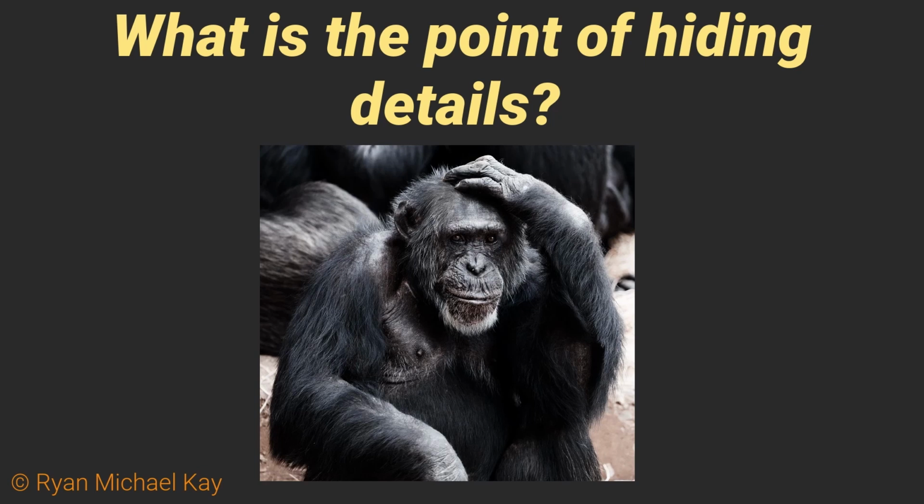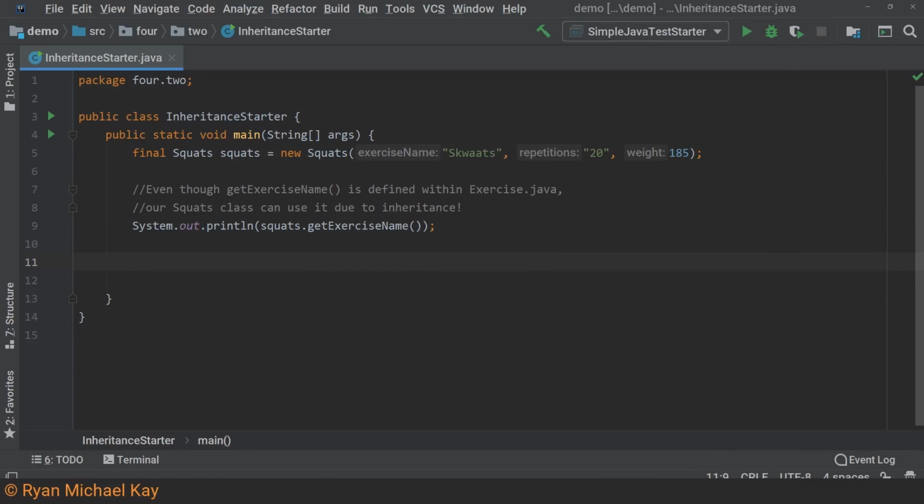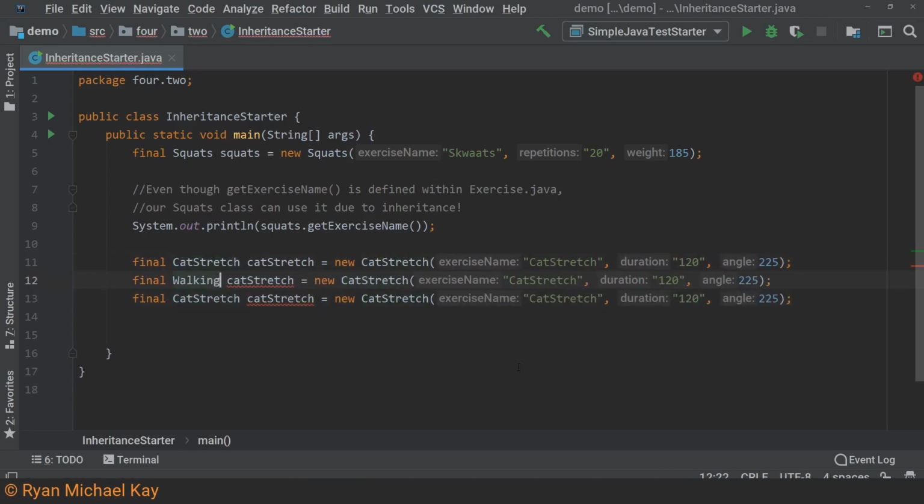For now, let us look at a very simple yet very practical example of abstraction using inheritance. Before proceeding, please open up the file called Inheritance Starter in the demo repository. There are two goals for this exercise. We want to be able to place several different kinds of exercises in the same data structure. Secondly, we want to iterate through the data structure and print out the different names of each exercise.